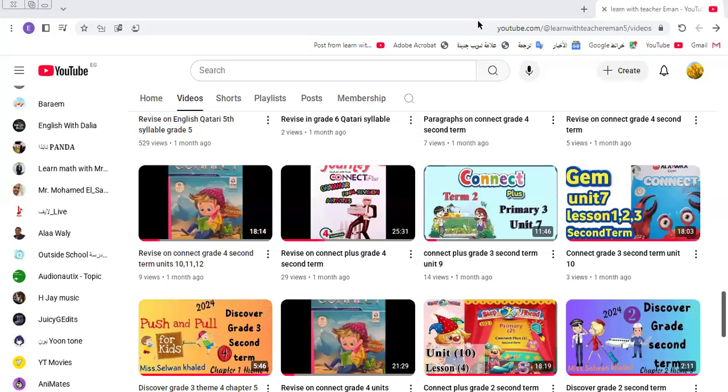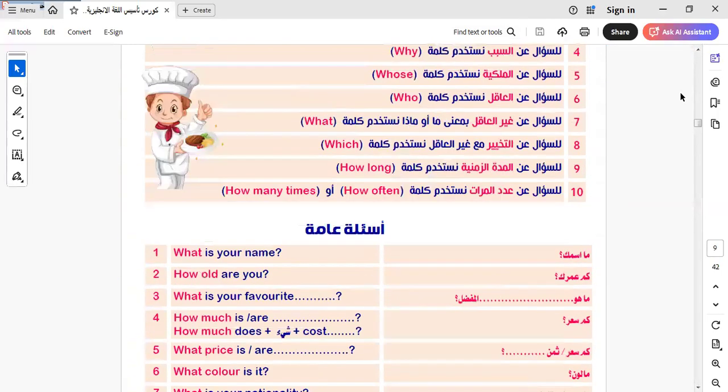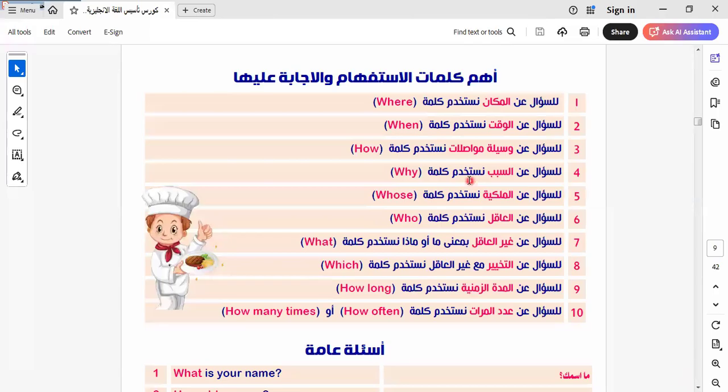Our lesson today: last class, we talked about the keywords question, and we know what every keyword question refers to. I would like to remind you, then make a rule for making a question. Here we have where, to ask about a place; when, to ask about time; how, to ask about the means of transport or state; why, to ask about reason; who, to ask about position.